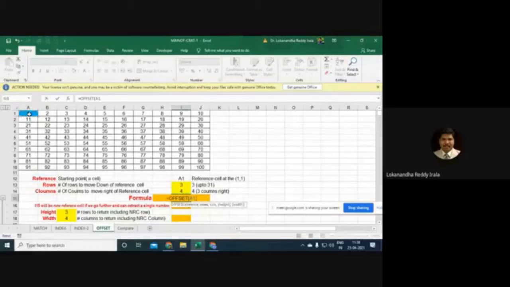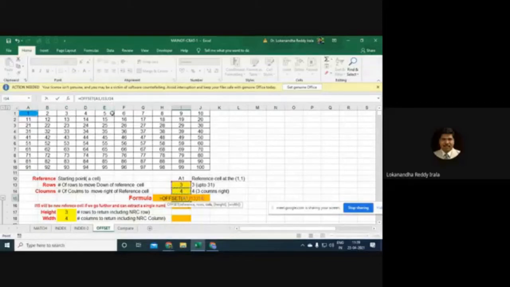Then I say move 3 rows from A1. Remember, I'm actually going to the 4th row, since it is not including A1. Go 3 rows from A1, so we go to the 4th row. That means the 4th row is starting with 31. Then go 4 columns from A1: 1, 2, 3, 4.